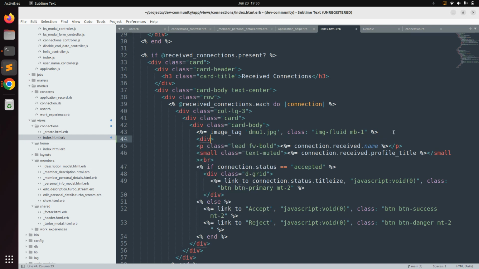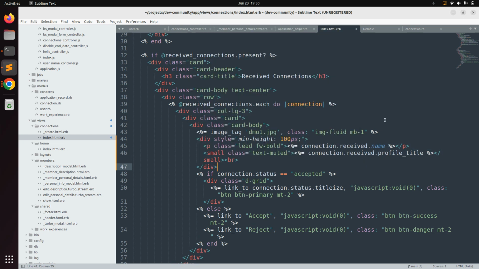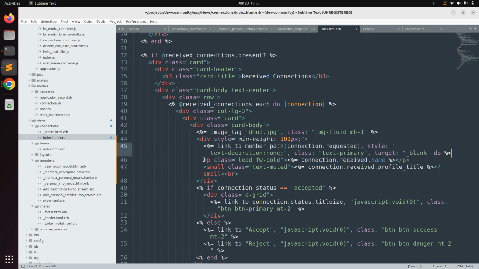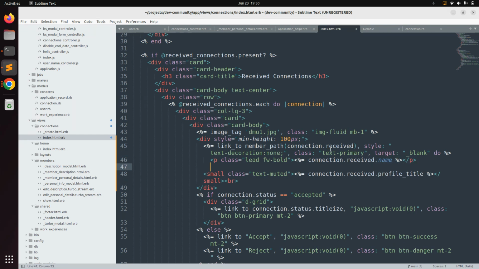So div style min height 100 pixel. Okay, now place the paragraph and small text within the div element. And now we need to add this paragraph within the link tag. And here you need to change the object, that is connection dot received. Okay, and here and this link